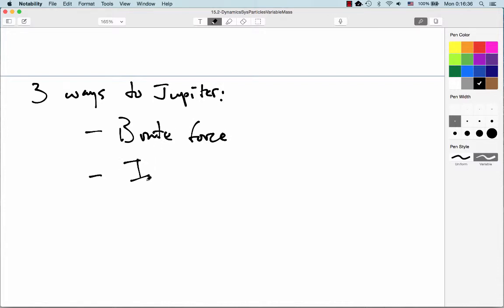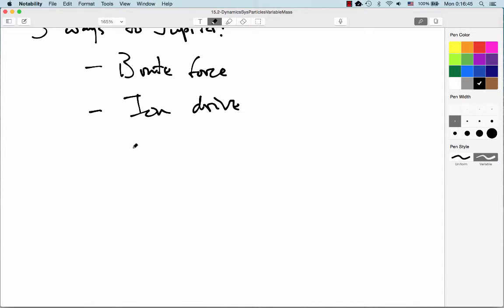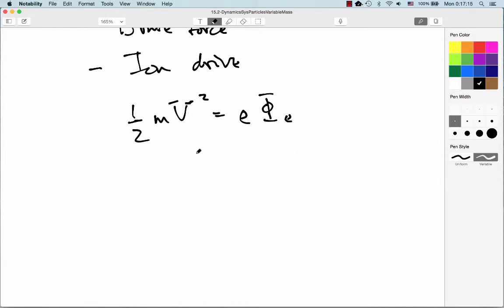Perhaps the most clever way is some form of ion drive. The usual idea here is that you accelerate xenon atoms, just because they're the most massive neutral atom you've got. So 1/2 mv squared, that's the kinetic energy of one of your exhausted particles, is going to equal the charge. Usually you can strip 1 electron off of the xenon times the electric potential, which I'll call phi, just to not confuse it with the v we already have. So you can see for whatever acceleration potential you have, the bigger the mass, the happier you are. That's why we like xenon. So we get an exhaust velocity of root 2e phi over m. If we put in a typical value for xenon,